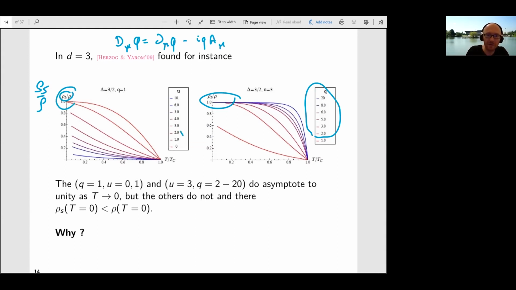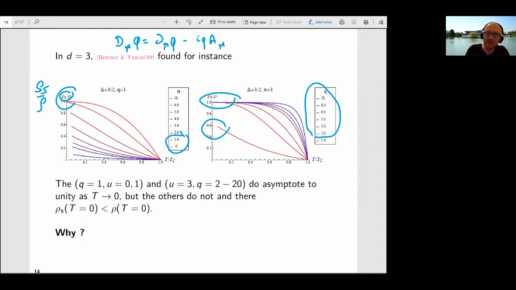Blaise, can you say what happens if you increase u? What happens to the potential qualitatively? I think u is the quartic coefficient. So it becomes steeper, I guess. But I will come back to it. If you give me a few slides, I will come back to what happens when you increase u. So the only thing I want you to notice at this stage with these two plots is